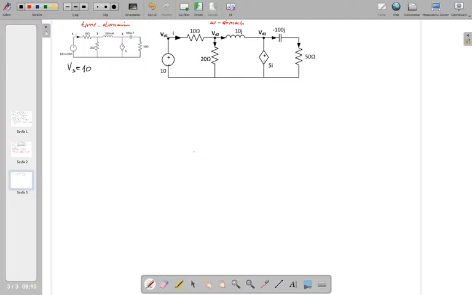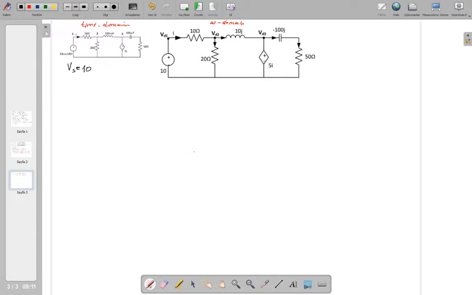For the resistors, the definition relations, whether in frequency domain or omega domain, do not change. Therefore the 10 ohm goes to 10 ohm here, and 20 ohm here, and 50 ohm here. And also for dependent sources, the definition relations in frequency domain and time domain do not change. Therefore this is also transferred as it is to the frequency domain. But when you come to the inductors and capacitors, this is going to change.